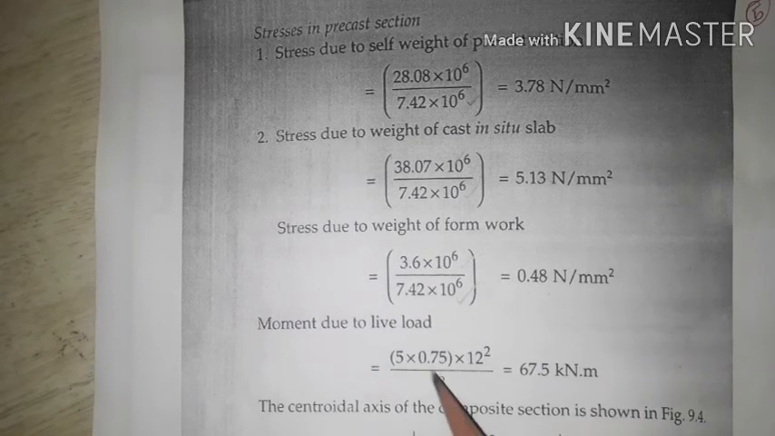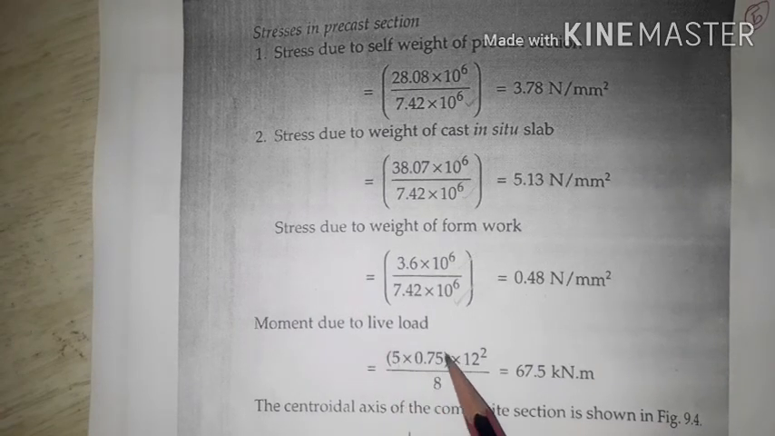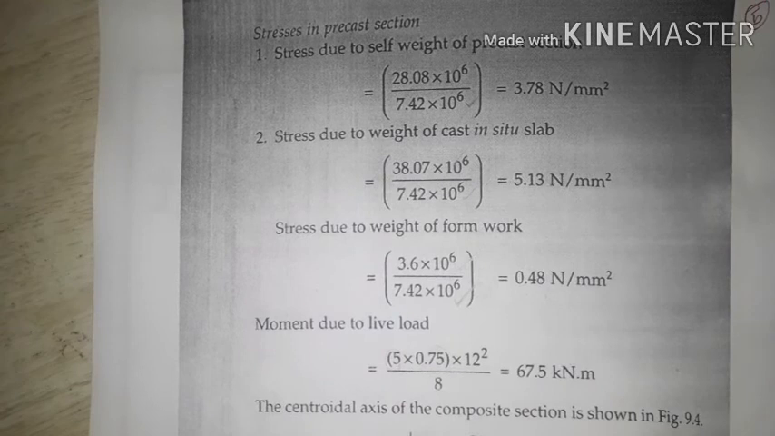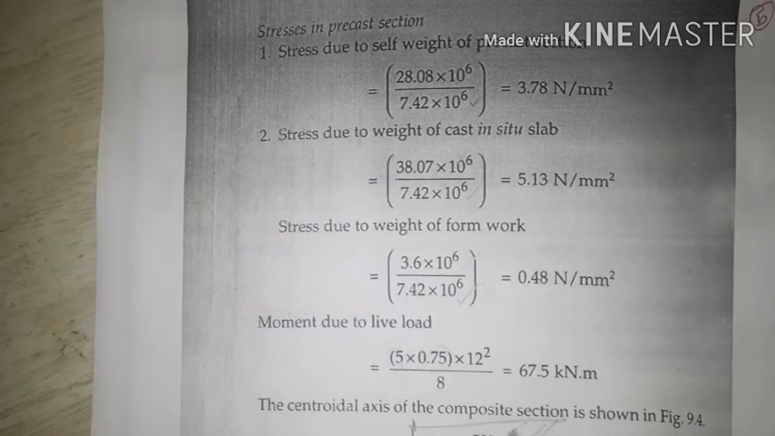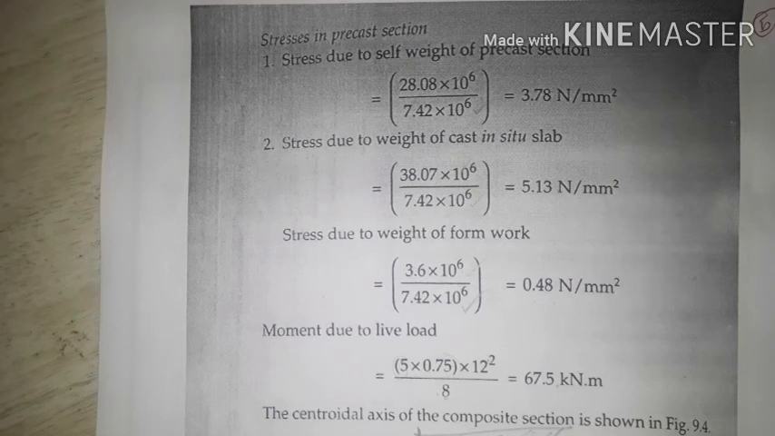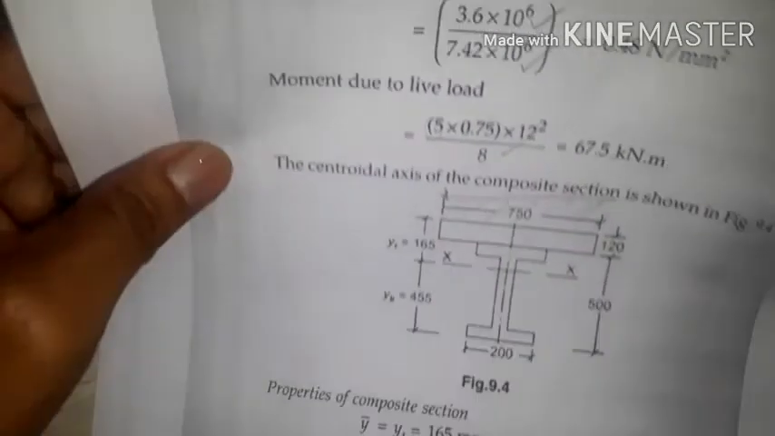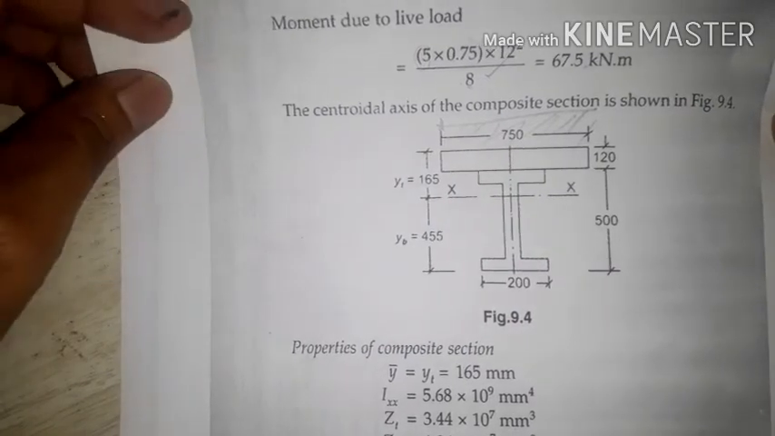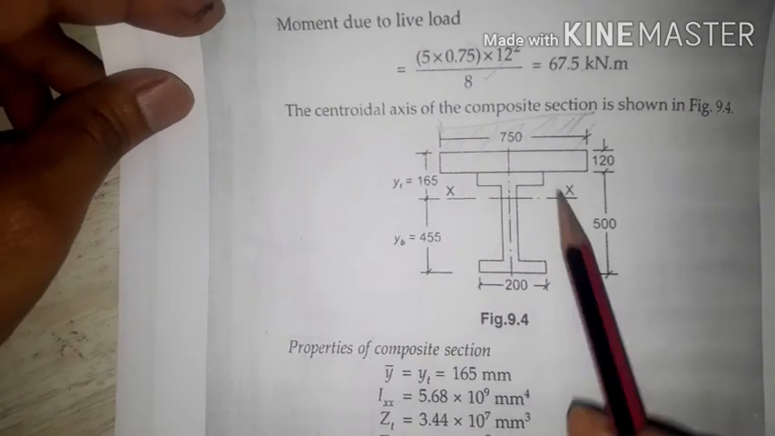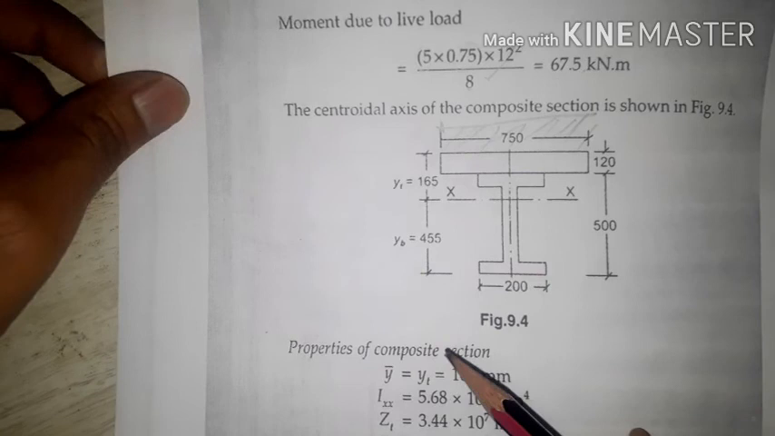Now the moment due to live load is 5 into 0.75, because it is applied over the width of flange, so that is 5 into 0.75 into WL square by 8. WL square by 8 we got it as, so that is the moment due to live load. So these are for the precast section. Now we have to check for the